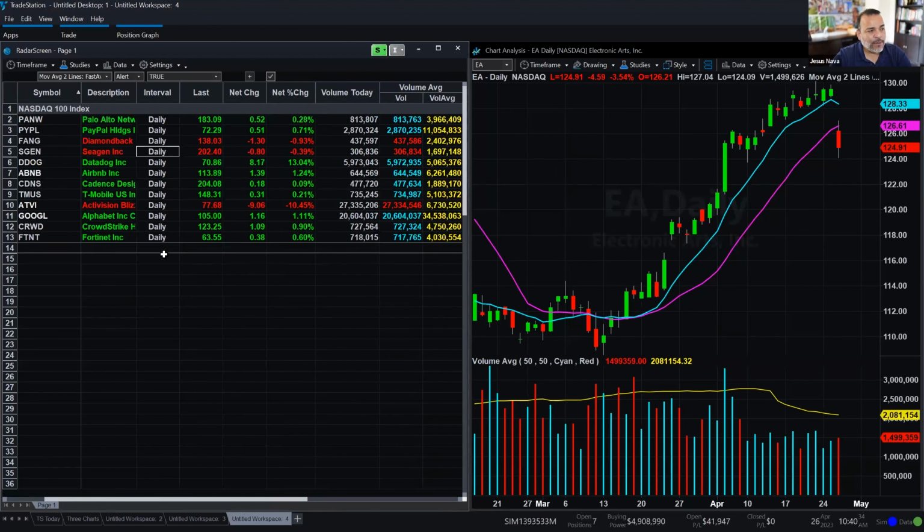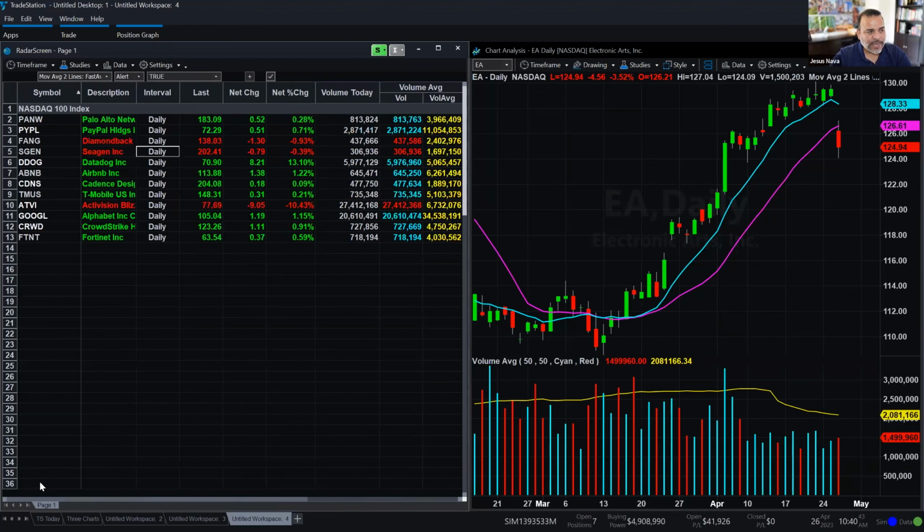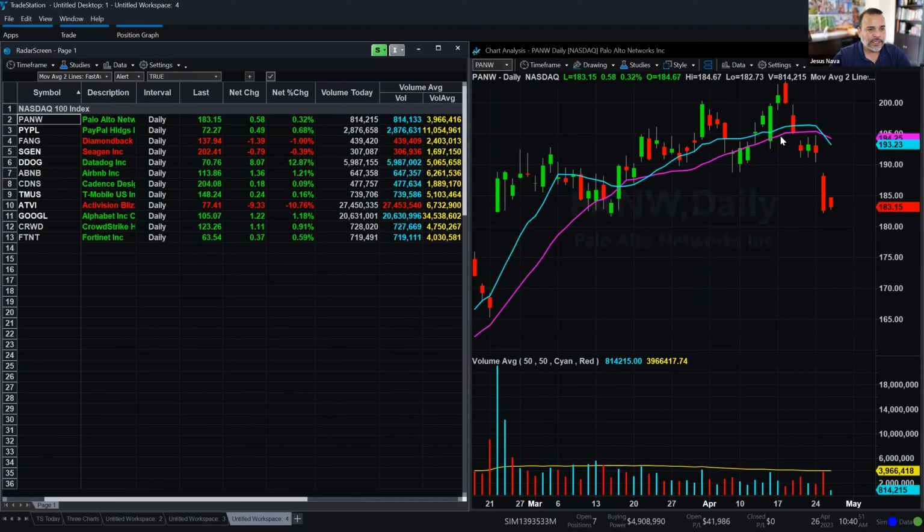There we go. So now my radar screen has had a chance to calculate all the 100 symbols based on the volume, on the moving averages. And we can see that out of the 100, we have 12 symbols that are crossing at the moment. We have Palo Alto. You can see that crossover right there. We have PayPal